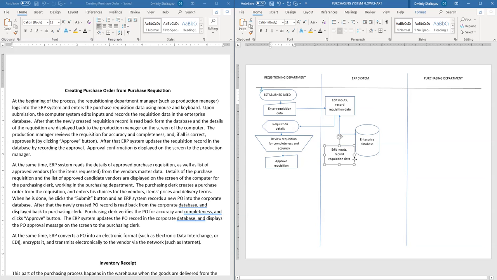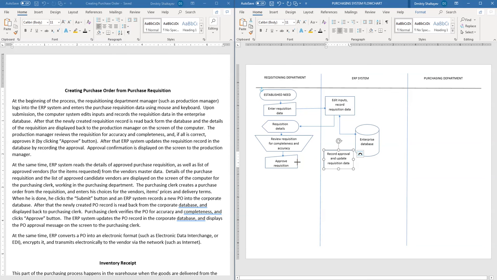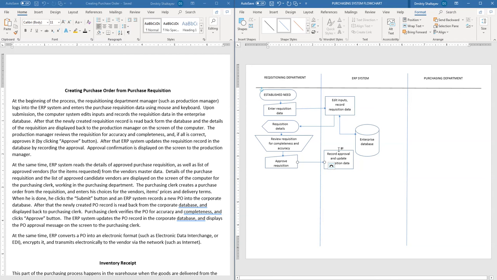So I'm going to copy paste the process right here. Okay, so over here I'm going to say record approval and update requisition data. Alright, so I need an arrow, obviously, that connects the approval keying process to the computer process, and